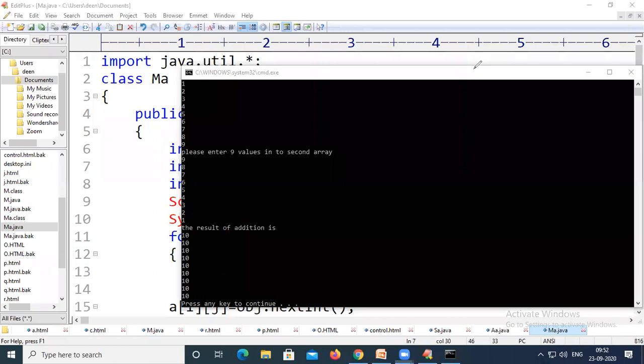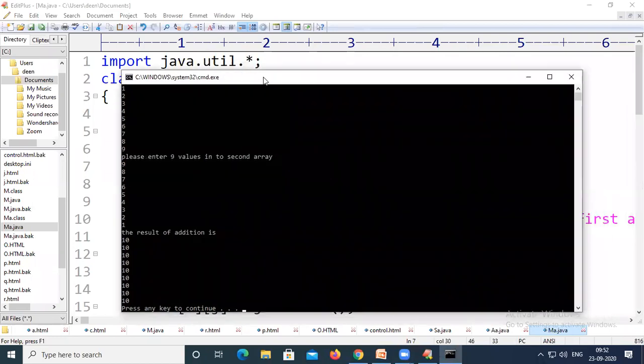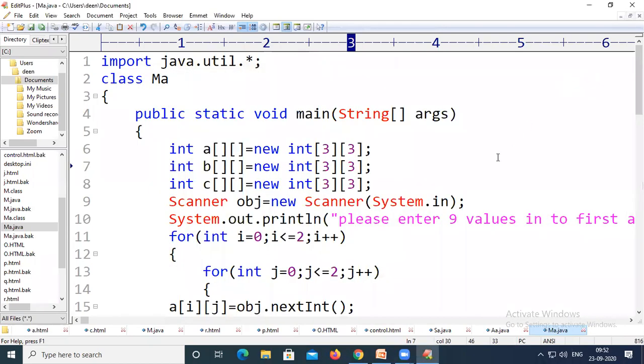So if you see on the output screen, these values are not displaying like a matrix. If you want to display them as a matrix, please include 2 more statements in the code.